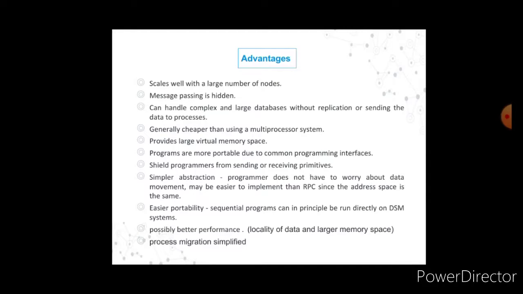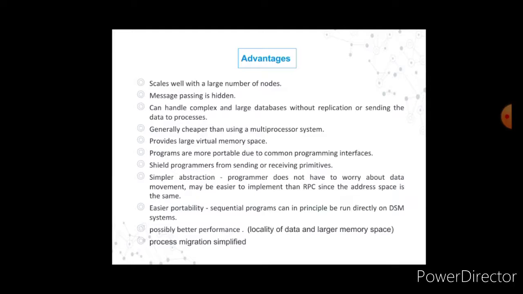Large memory sizes are available to programs by combining all the physical memory of all nodes. This large memory will not incur disk latency due to swapping, like in a traditional distributed system. Some of the advantages are that an unlimited number of nodes can be used, unlike multiprocessor systems where main memory is accessed via a common bus, thus limiting the size of the multiprocessor system.